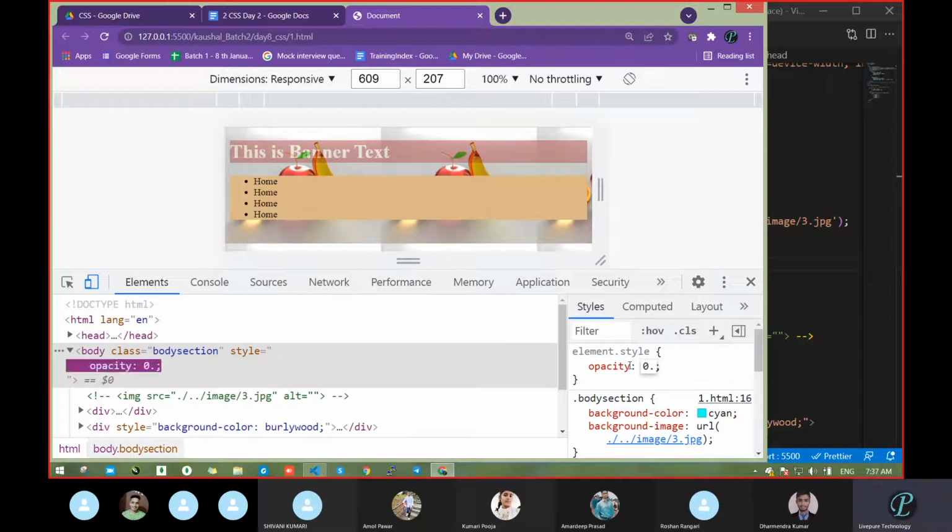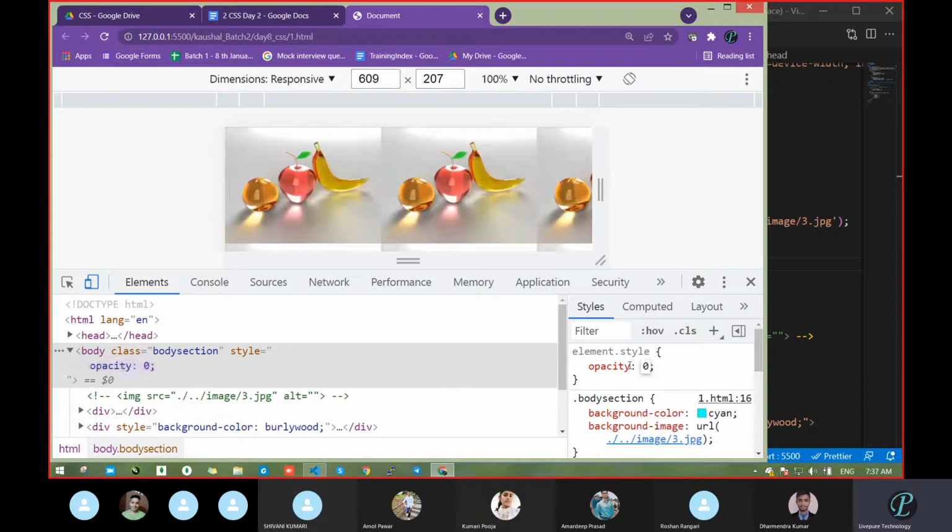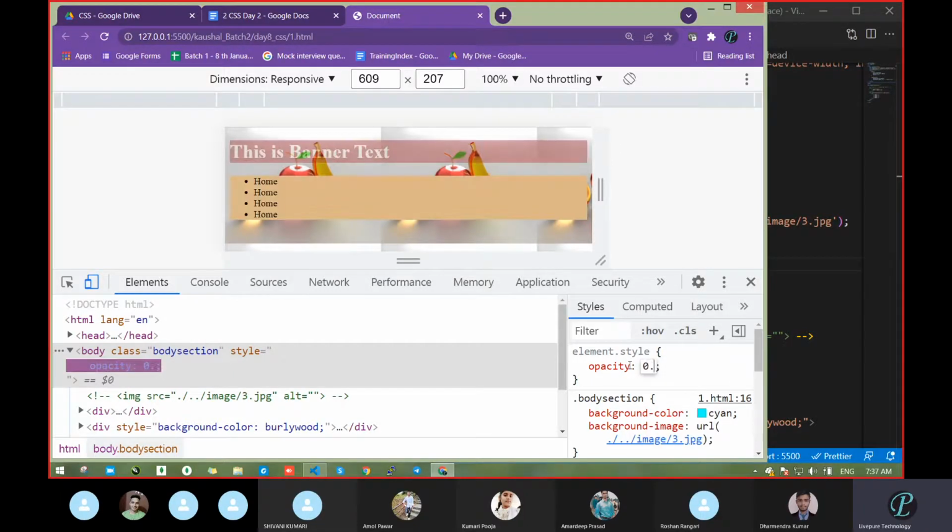Now see, if you pass opacity 1, there are no changes. When you pass opacity 0, the complete text written on top is gone. So with the help of opacity, we can make whatever images are in the background show through with transparency for the upper layer.